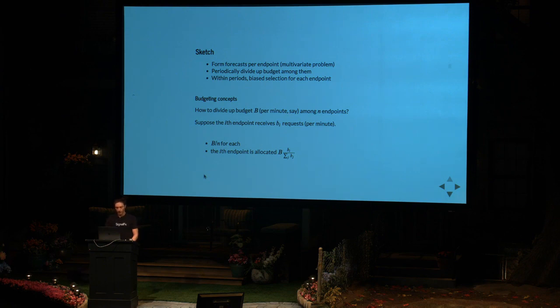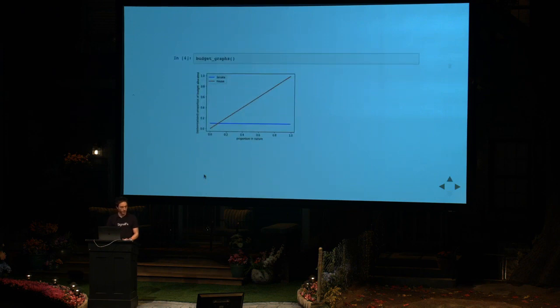Okay, and so here's a chart of that. So the horizontal axis is the proportion in nature, and then the vertical axis is the unnormalized proportion of the budget allocated. Since the sum may not be 1, you have to divide by the sum to get another point on the simplex. So I don't know. Hopefully you can see it. The blue line is the Senate, and the red line is the House. And those are institutions that seem to be working pretty well. And another institution that works well is a